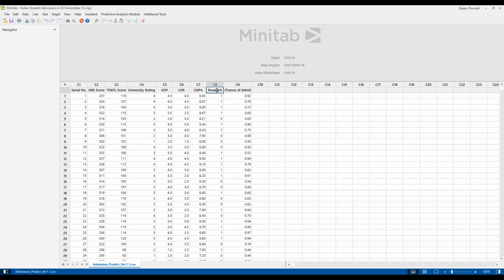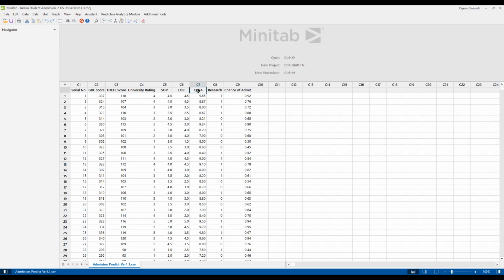Two types of university: one is research university, one is teaching university. Eastern is teaching, WSU is research university. Chance of admission, these are their chance of admission. So this is the data that I have. Now I'm just going to see, based on these 500 students, what are their chances of admission?